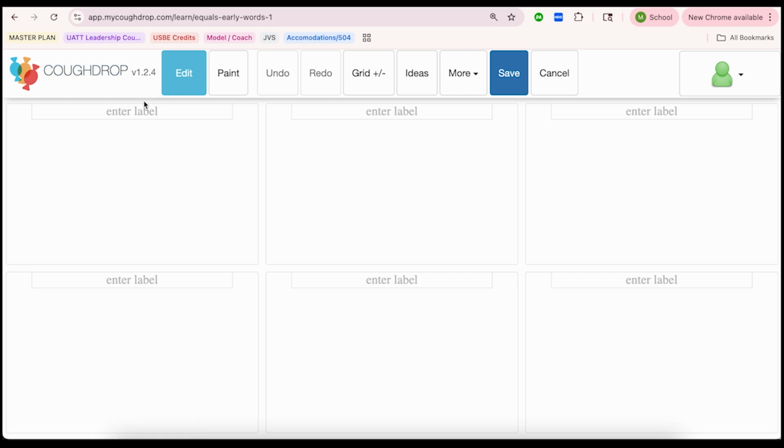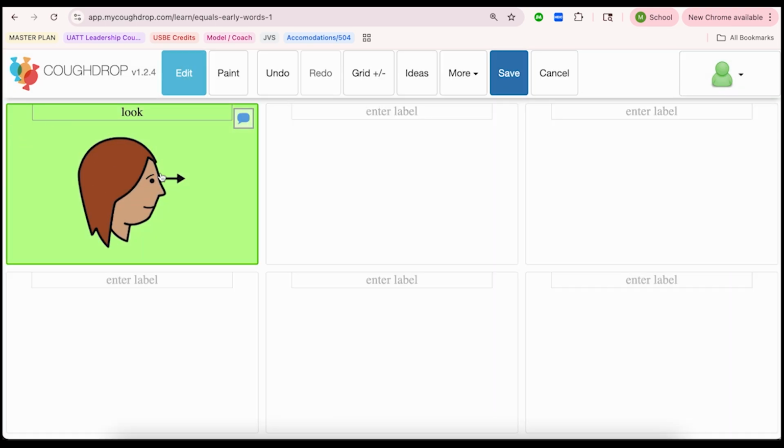And so my very first word, so here I am. I have a grid. I can click on the label, and that's where I can type a word, or I can click here and add a picture. If I add a label, it will find the first picture available. So I like to do this. So I'm going to use the word look. And then it's going to take a moment. It's going to load. It's actually loading an open symbol